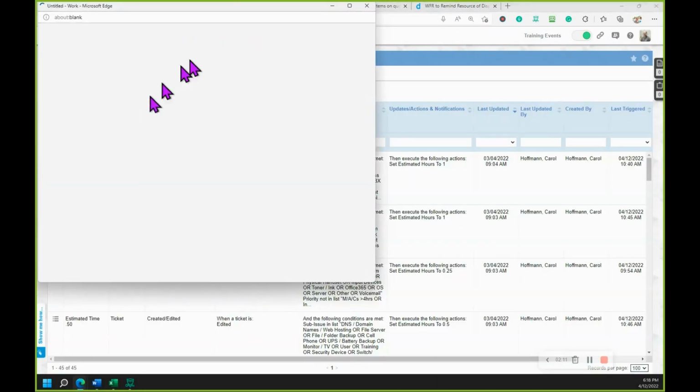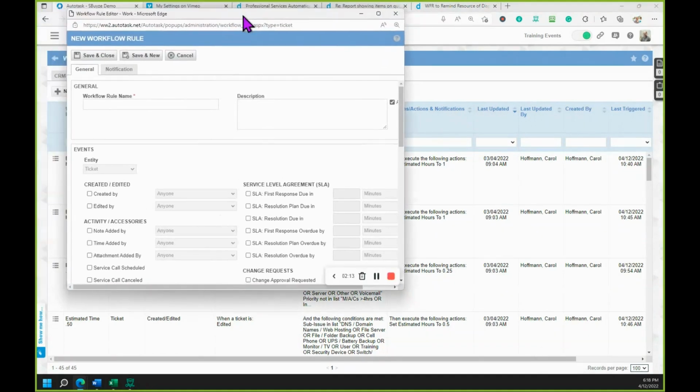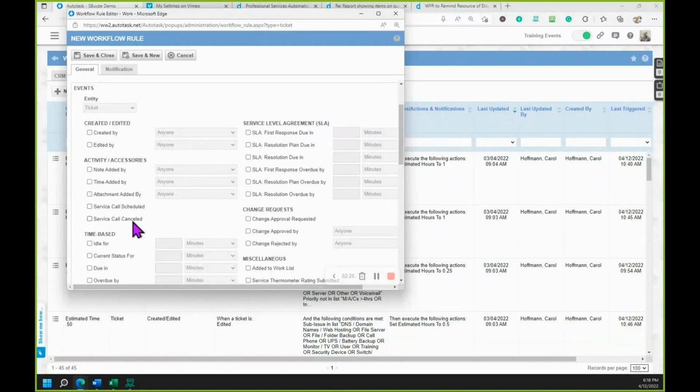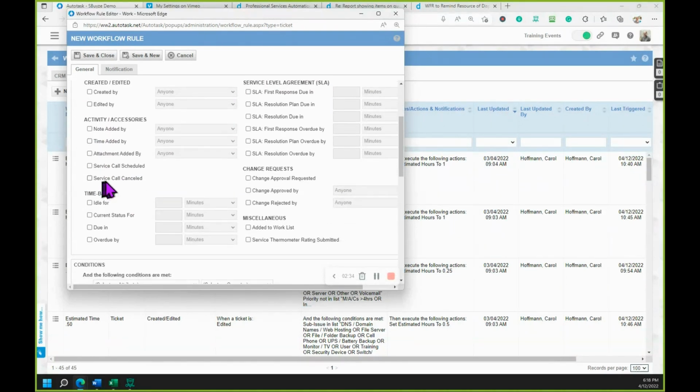So I'm going to go in here. And the first thing that I need to do is create a workflow rule. Let's go service call reminder. Okay. Trying to think. Let's go due in 3 business days. Okay. And